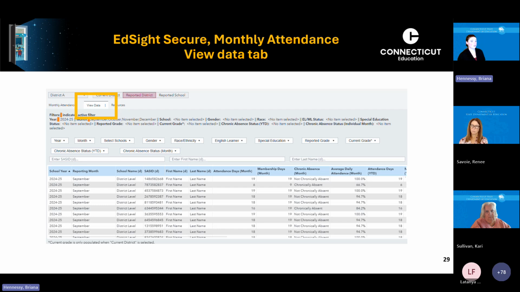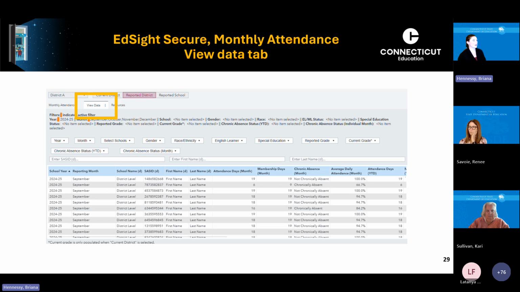The View Data pane shows all of the data for the report. Notice that the school name here for everyone is district level, and that's because we are on reported district, and the year-to-date information on this page combines data from different schools. So if I want to view one school at a time, I can click over to reported school. I can use all of these drop-downs to select different years, months, or schools. Or I could view data for just some student groups, just girls, just my white students, and so on and so forth.